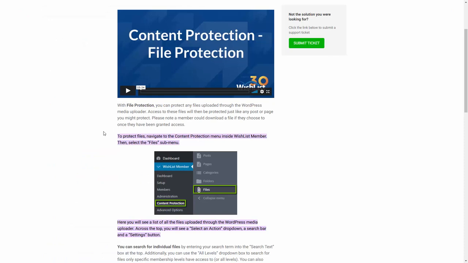When you're looking at Wishlist Member, one of the things you'll notice is that for file protection to work, you will have needed to upload the files through a WordPress media uploader. And that's a specific way of being able to upload a file. And then if you've done that, then you can undertake the file protection using the methods that they give you